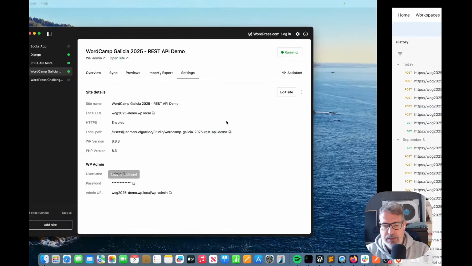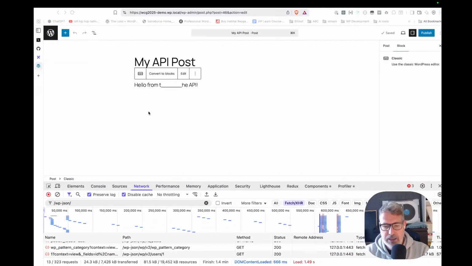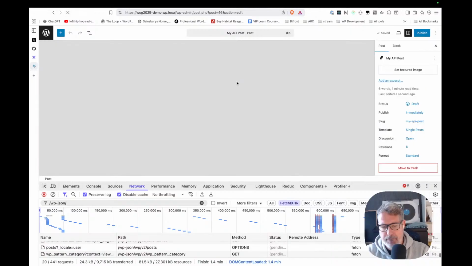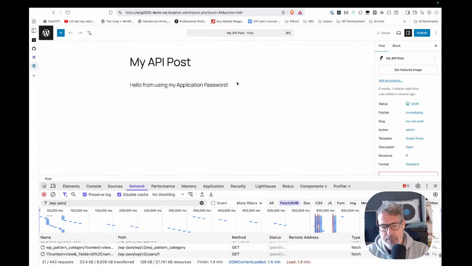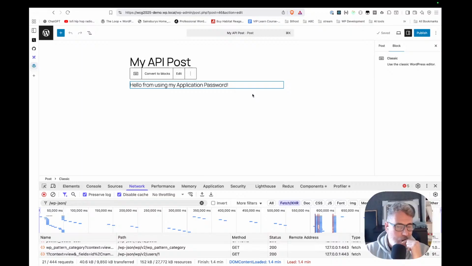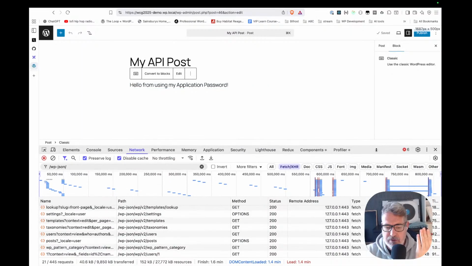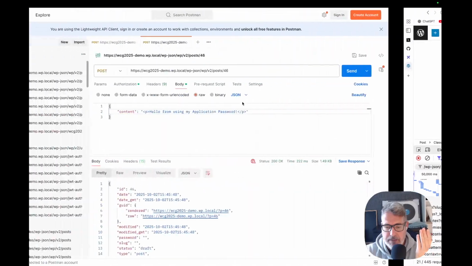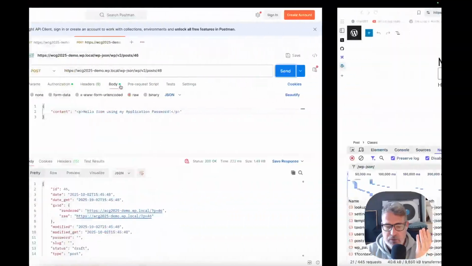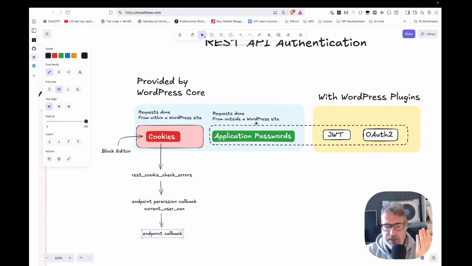And here, if we go to the WordPress installation, yeah, this is the content that we have updated. But as you can see, we have done this request from the outside of WordPress. We are not doing that from within. So coming back to our diagram, which is this, we have cookies, we have application passwords. Okay. And then we have other methods